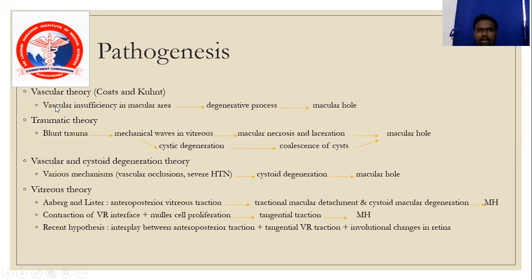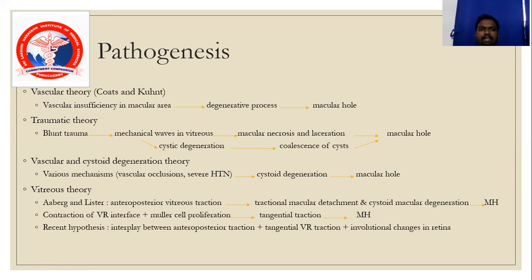Firstly, we have a vascular theory which was described by Coats and Quint in the year 1930, who suggested that any vascular insufficiency in the macular area due to occlusion of the choroidal vessels which are present behind the retina can lead to a degenerative process at the level of neurosensory retina, which in turn can manifest as a macular hole. There is one more theory called the traumatic theory, which is nothing but any blunt trauma that has